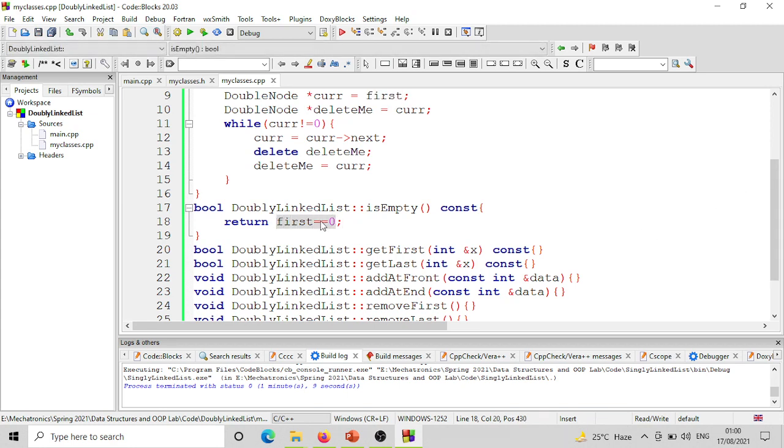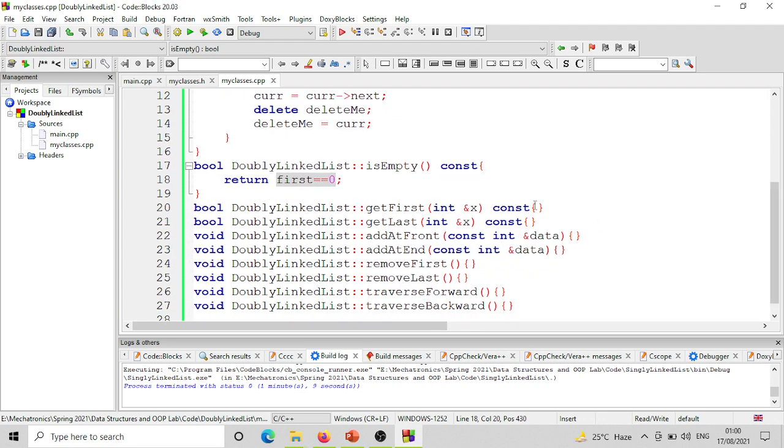We are comparing first, which is a pointer, to 0, which is supposed to mean null, ठीक है। You should not be using 0, ये अच्छी आदत नहीं है, but this is for shortcut. You should be using the null pointer, the null constant value, NULL, capital NULL. That is what you should be using, ठीक है। In order to save some time, this is how I'm doing it. Acha, so this is what it is, ठीक है। If this condition is true, it would return true, list भी empty होगी। If this condition is false, it would return false, मतलब list empty नहीं है।